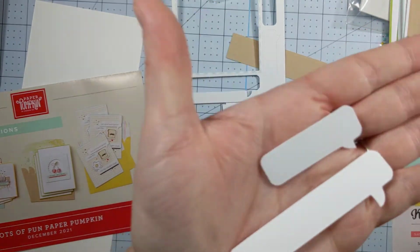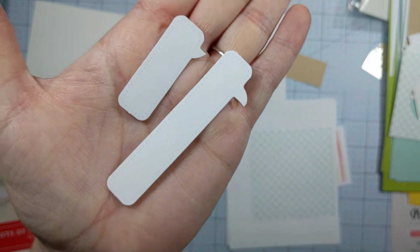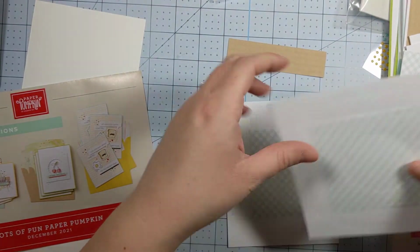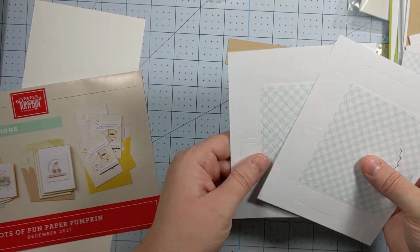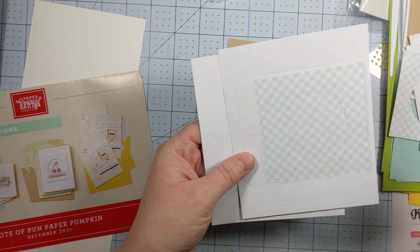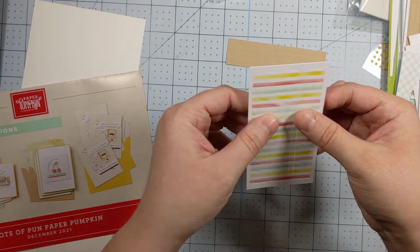And there's that. And they do have a little outline and pool party all the way around with little dots. So very cute. And they give you a few extra of each of those, so you could make the conversation as long as you want. Or if you accidentally make a mistake, you have some backups. So that's awesome. And then our last little piece here is just a little